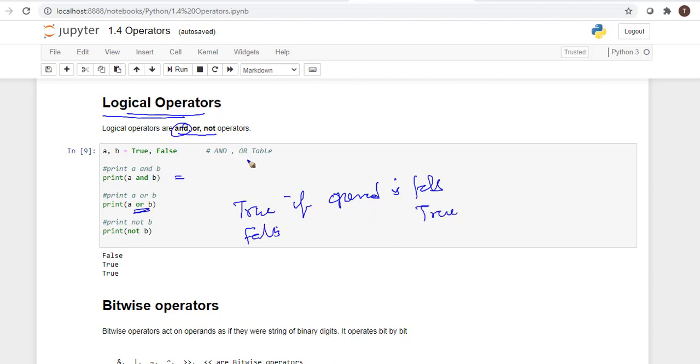Here true and true, both operands are true, so it returns true. In the or operator, if either operand is true, it returns true. Another one is the not operator.